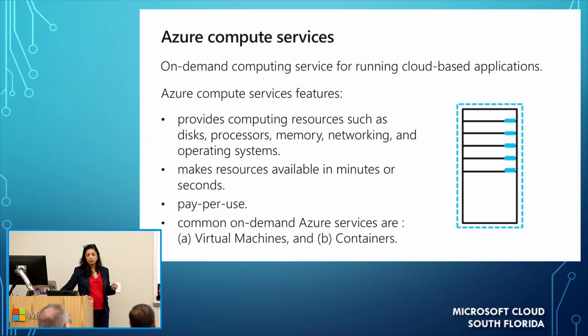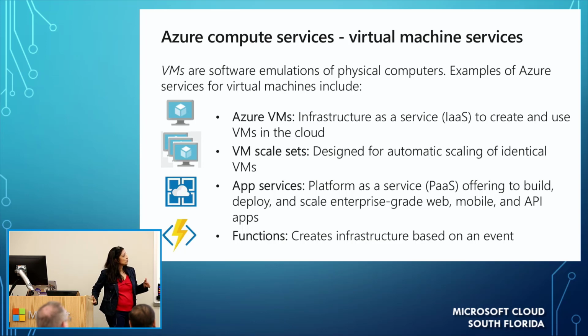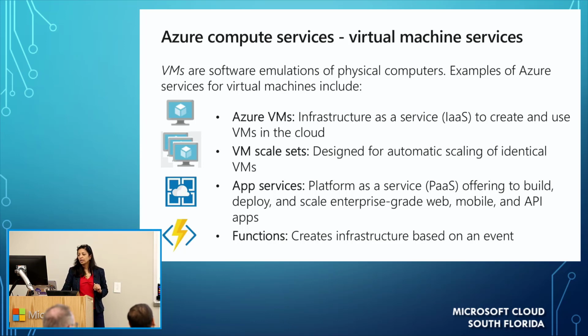For fun with containers, you should come to Lewis's session whenever that's going to be. Azure VMs are the most obvious ones. Then VM scale sets, and we talked about scale sets a little bit. Again, scale sets is when you deploy one VM, but there's another one deployed as a redundancy for high availability and fault tolerance. App services is almost like